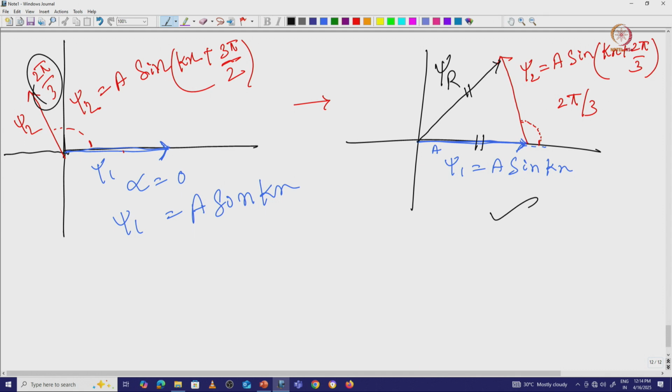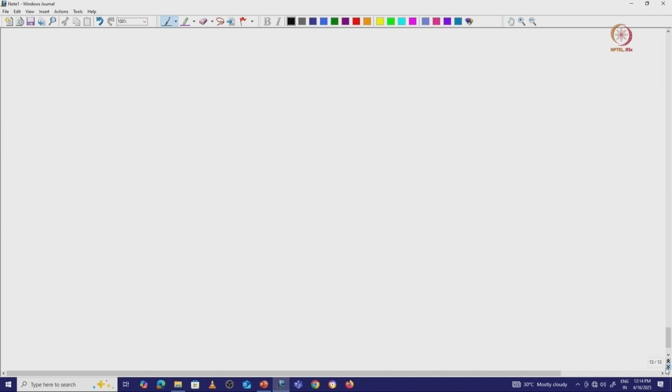So far we have gained 4 different conditions. Let me quickly draw that in one single page, so that it will be easier to understand. The first one, what we got? There is a blue wave, and then we are getting a red wave, and then we are getting the resultant wave. This is our resultant wave, and this is wave 1 and this is wave 2, right.